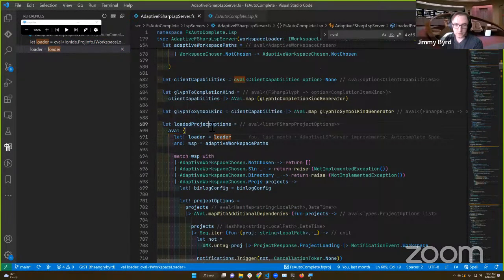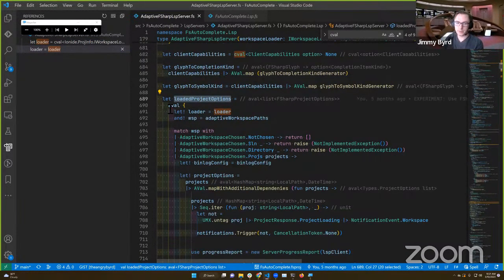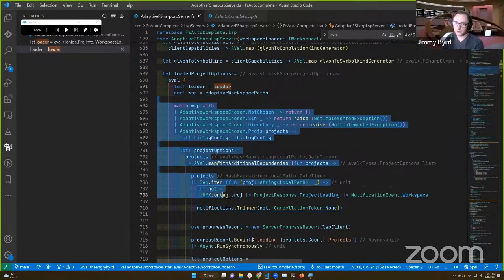There's this idea of loaded project options, and here we can see this is basically creating the dependency tree of what is happening. We have this notion of where we want to get the loader, which is loading project information, and our paths. If either of these change, we would want to recalculate all this information.